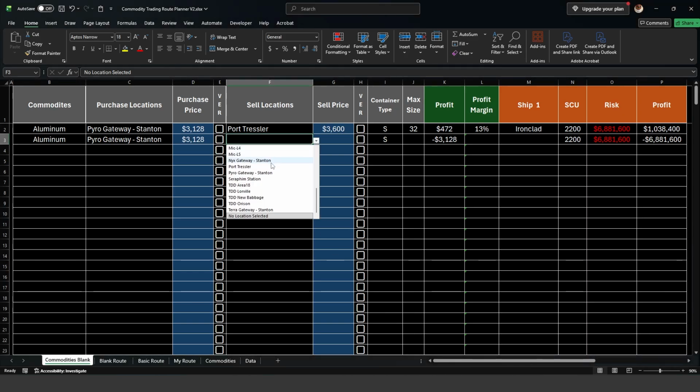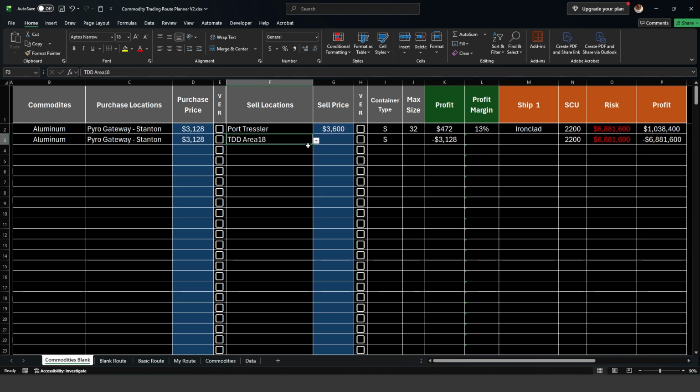So we can come down here and start with 38. I really don't recommend you go to ground. Let's see, what's the TDD? Area 18. So it's 3,800. Those were 32s. All right, so you're going to make what? 400,000 more